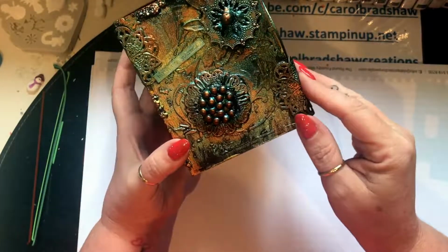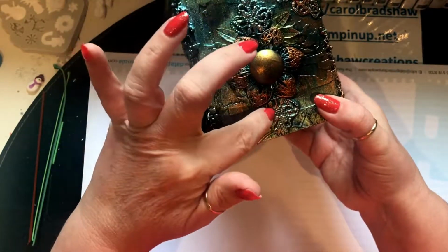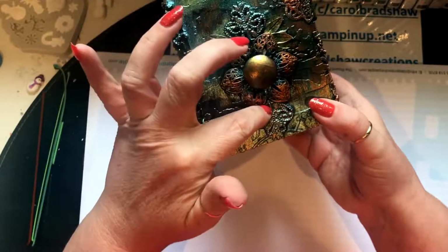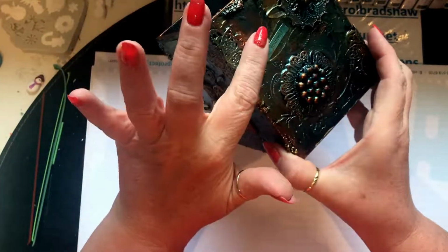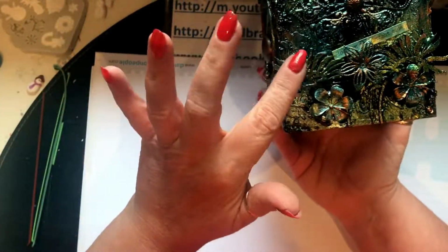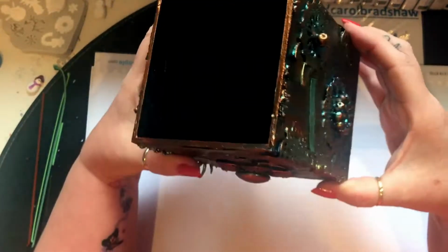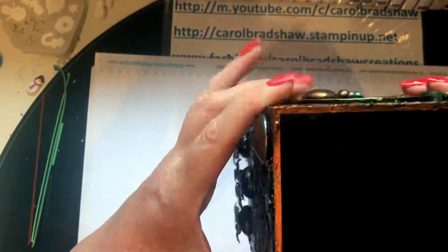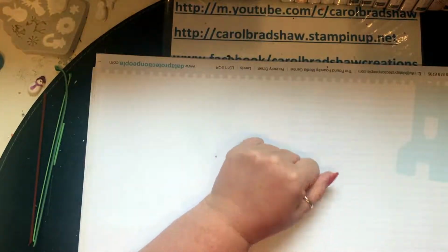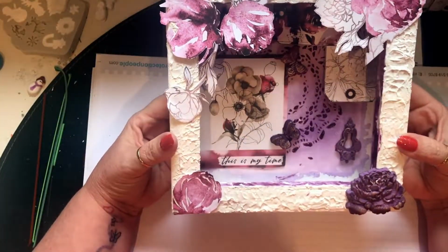And I love it. I love the fact that, like on that one, Cassia said cut that up in half and put that there, so that was brilliant. Then mould one round, which I did. Love it. These are all metal, and these are wood. So I love that project. I will use that. So that's my third, and then the fourth one was a canvas inside out basically, and